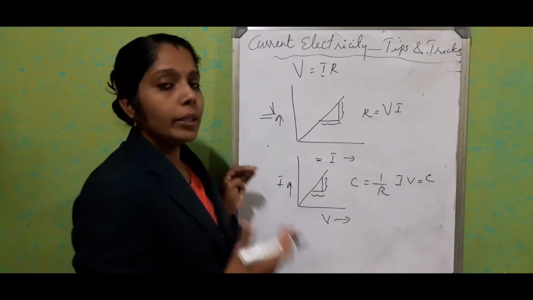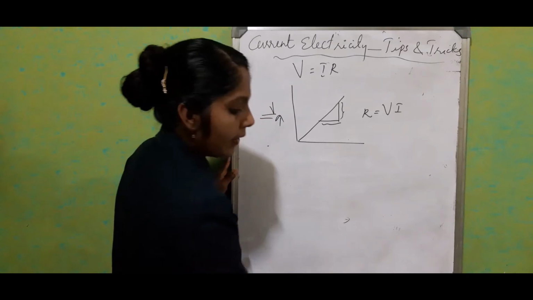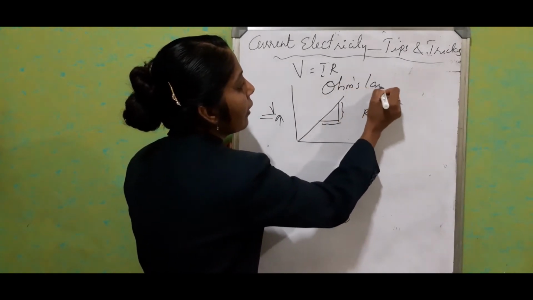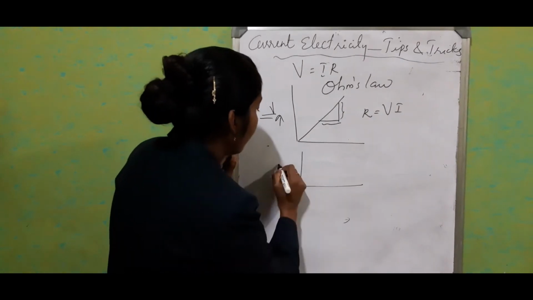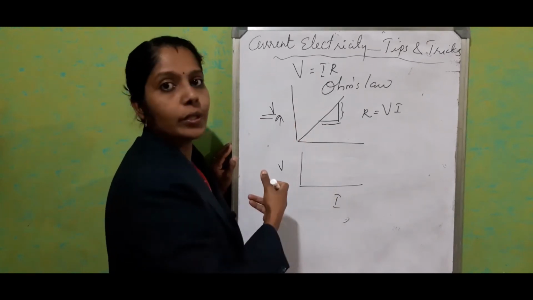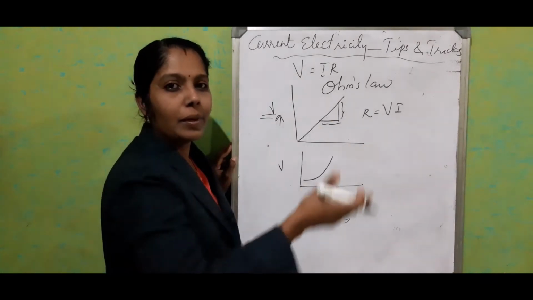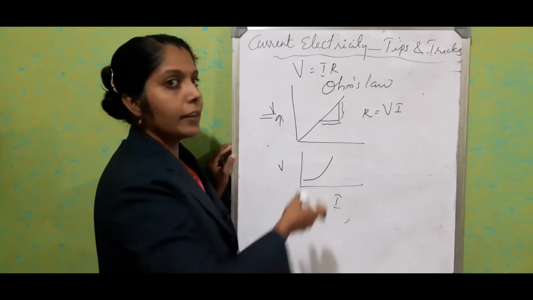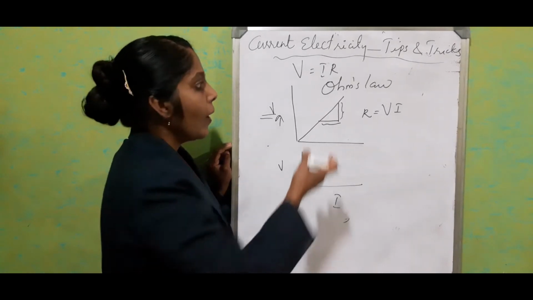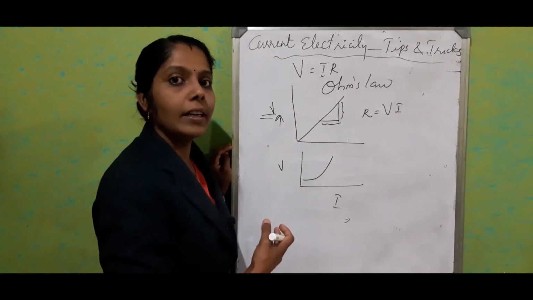Okay, then on the basis of Ohm's law, we studied that in a VI graph, if it's a straight line, it obeys Ohm's law. Okay, it obeys Ohm's law. A non-ohmic material never shows a graph like a straight line. It will be like a parabola. Okay, it will be like a curved line. So that is the difference between ohmic resistors and non-ohmic resistors. For ohmic resistors, the graph is always a straight line. For non-ohmic resistance, it will be a curved line.